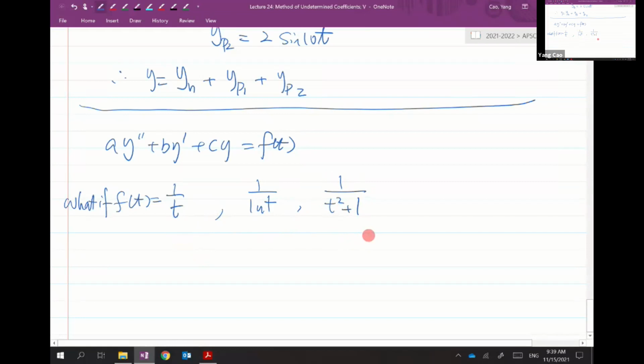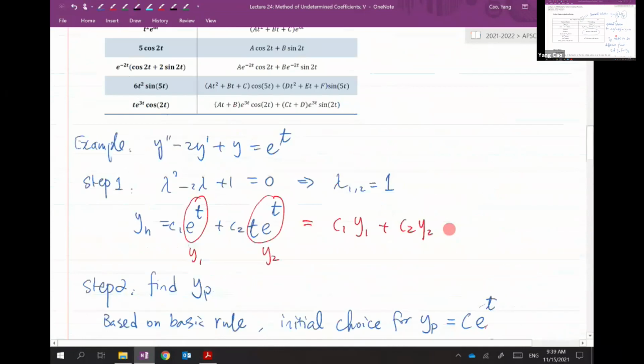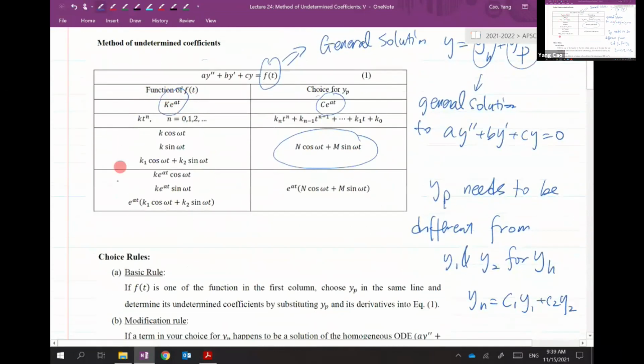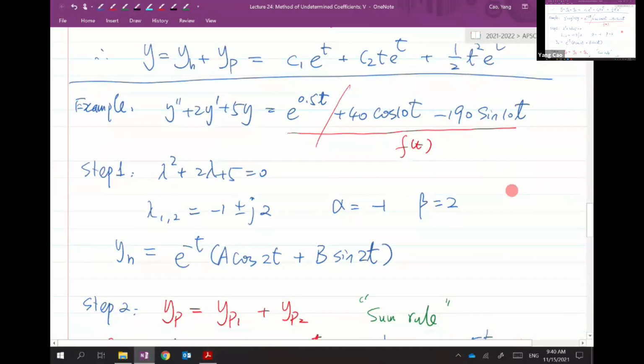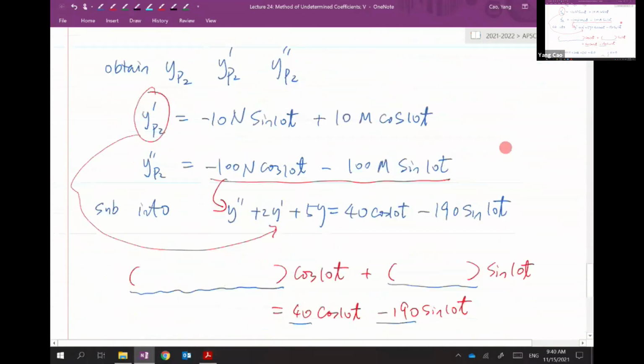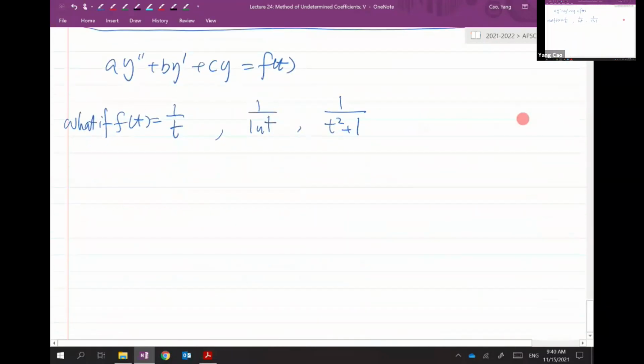right? So all of these examples here for f of t, if you look at them, they do not fall into any one of the categories inside the table that we listed at the beginning. They're not any one of these functions listed here. So that question was basically, what do I do? Obviously, you cannot use this method of undetermined coefficients anymore, so we have to use a different approach. So this is what the next approach will be able to deal with this kind of situation. So if f of t is in the form of this kind of function, then